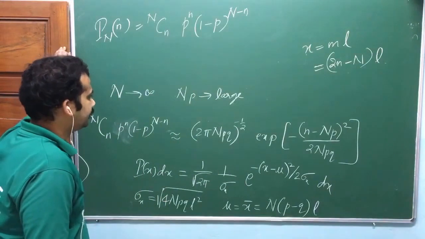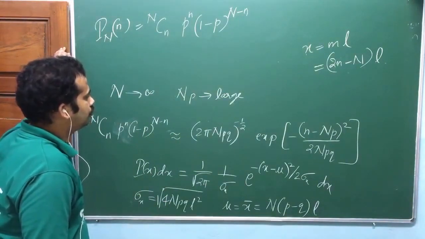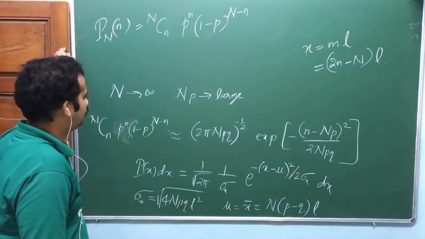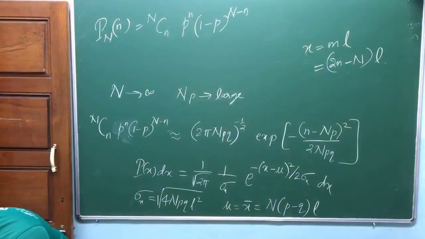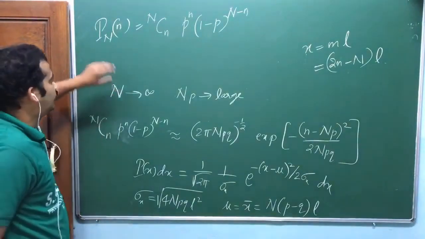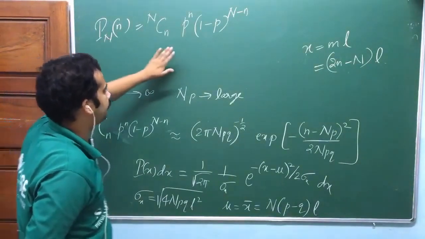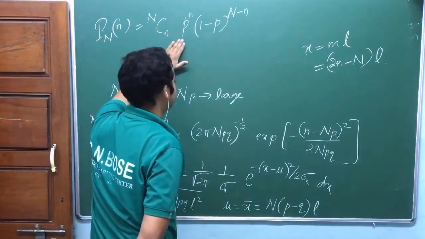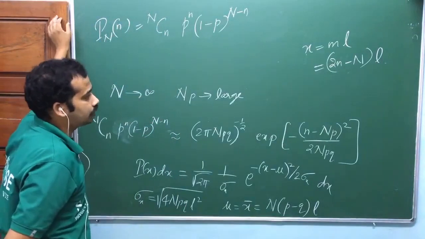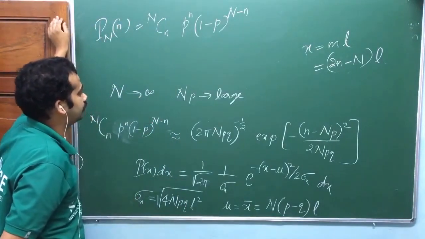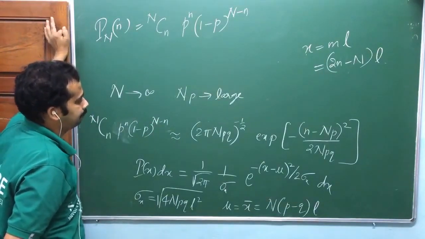Sir, you said that when probability is small and constant, we have to apply Poisson's distribution. But what applies when probability is large and not constant? No, then you have to deal with binomial only. If this is very appreciable, then you have to deal with the binomial distribution only. Then you can't approximate it to the Poisson distribution actually.